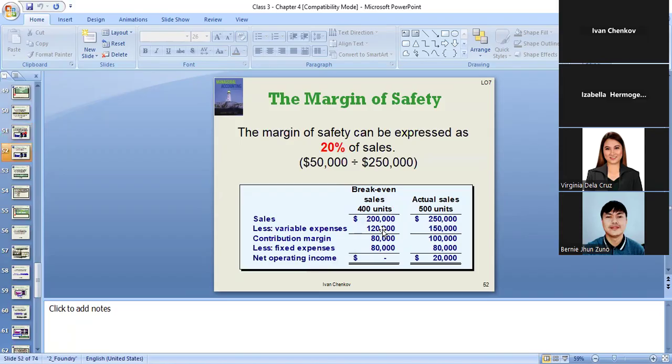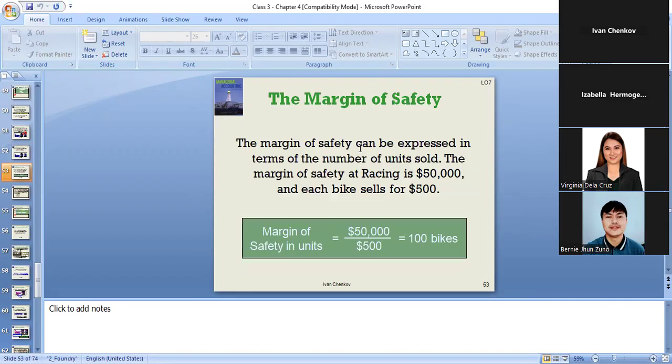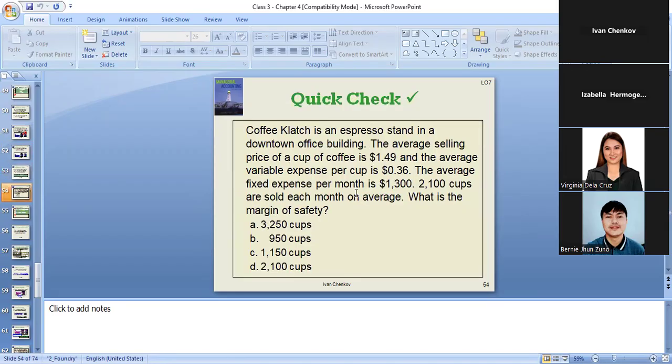So the 50,000 we can express as a percentage: the difference divided by the current sales. That means we're 20% higher than the break-even point in the margin of safety. As a number of bikes, it is 100 bikes more. So in this case,